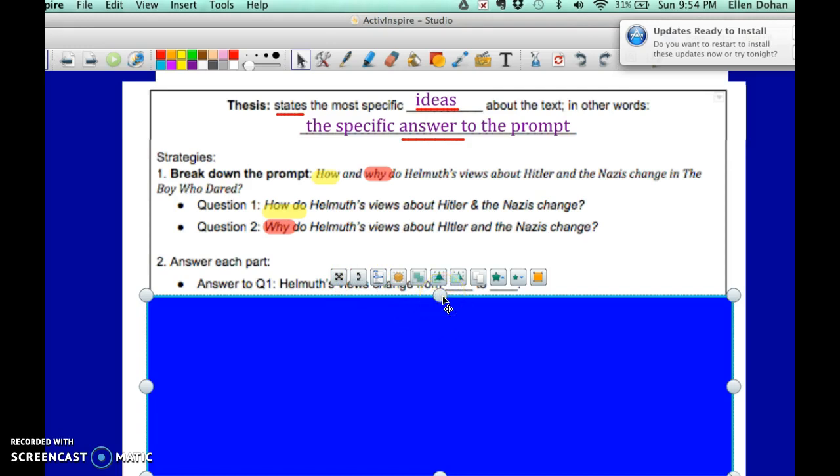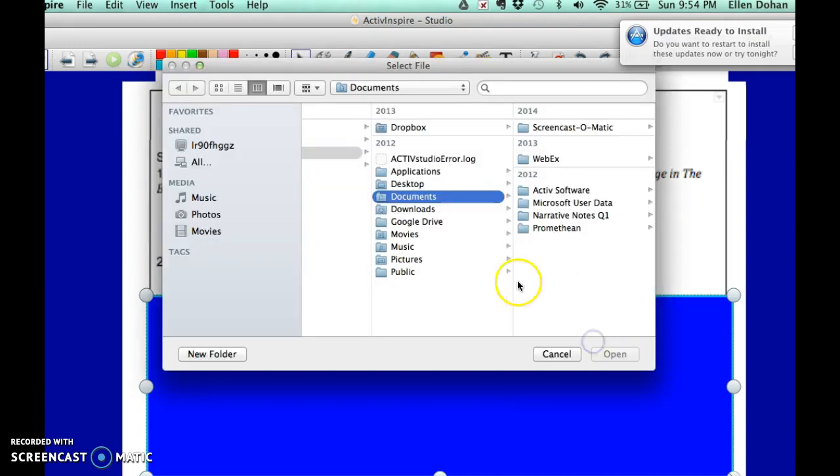Oh no, my computer's freezing. Sorry, guys. They change because